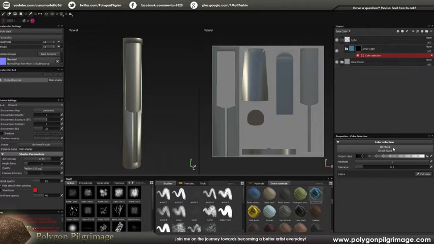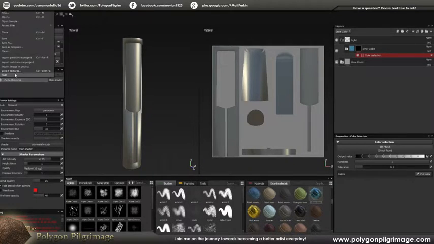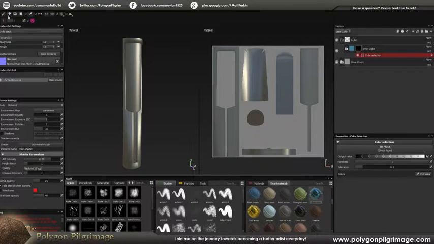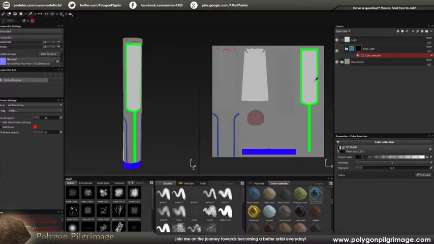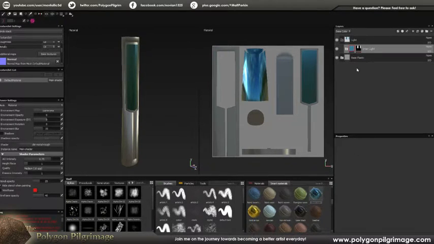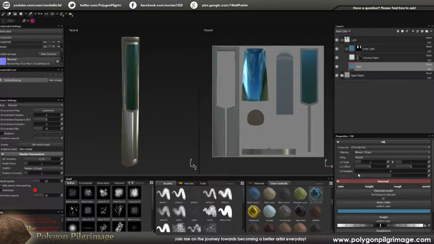Add mask with color selection. We're gonna choose our ID, which I thought we imported, but maybe we did that with the other one where it crashed. Yeah, could have been. Okay. Save, just to be sure. Okay, there we go. Choose that guy. I need to choose this area. There we go. So for that inner area there,